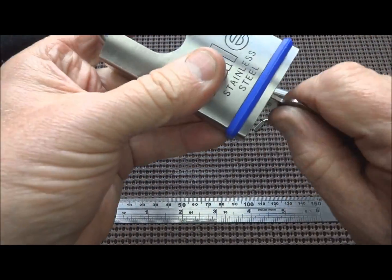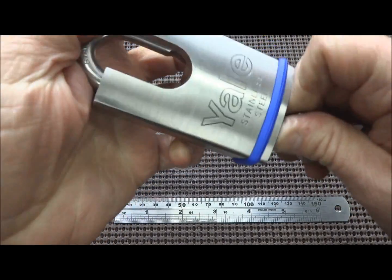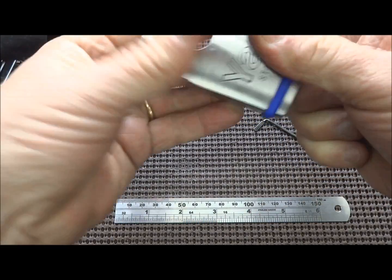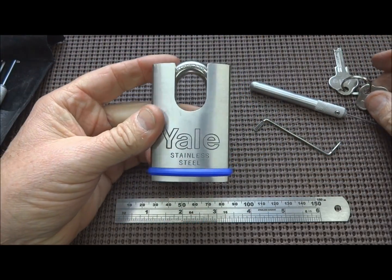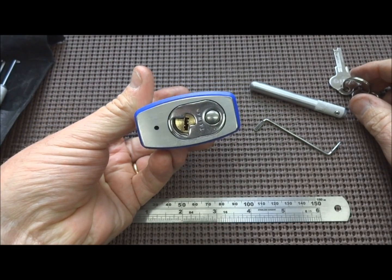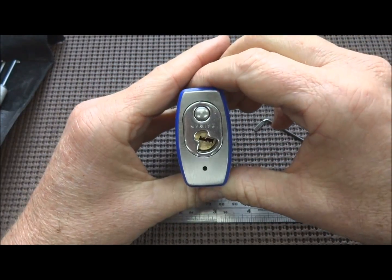And it does work. Try that again. Okay, it's perfect. It's like brand new. There's no rust. Darren, I don't think you had this outside, buddy. This is in great shape. So let's just see if we can pick this thing